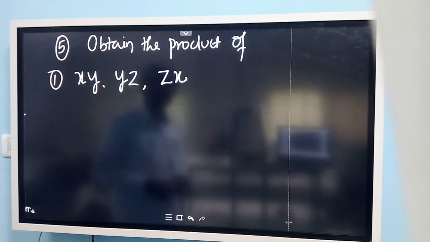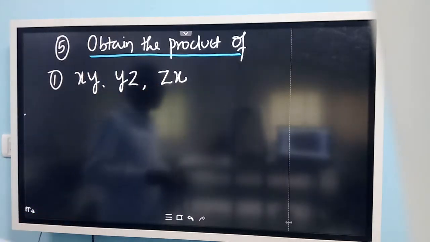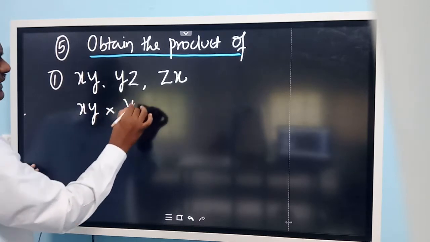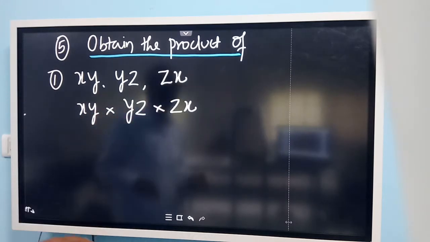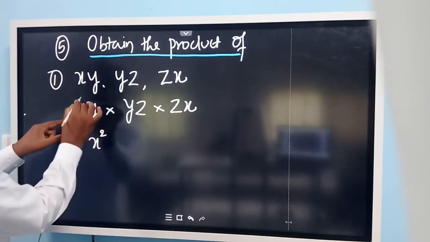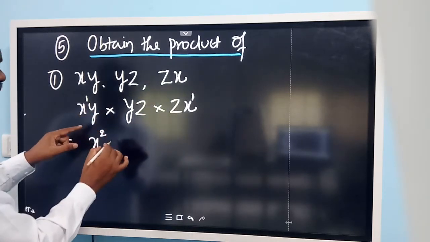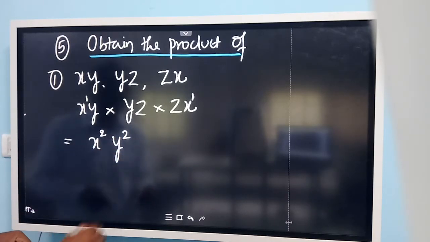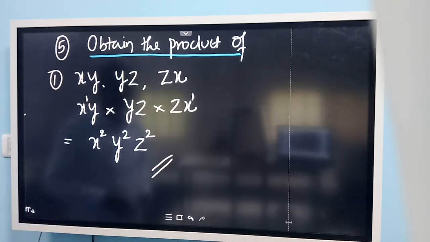Yes, look here now. The question is obtain the product of these three terms. All the three are monomials only. xy into yz into zx. We have three variables here, x, y, z here. Let us multiply first x. So x and x gives you x square. Here power 1, here power 1. Multiplication time, we should add the power. Then y, come to that variable y. Here 1, 1, y to the power 2. Z, here also 1, here also 1, z to the power 2. This is the product. You understood this?